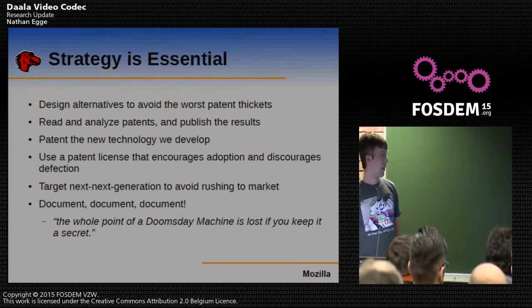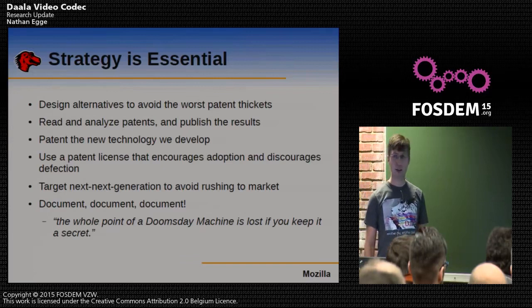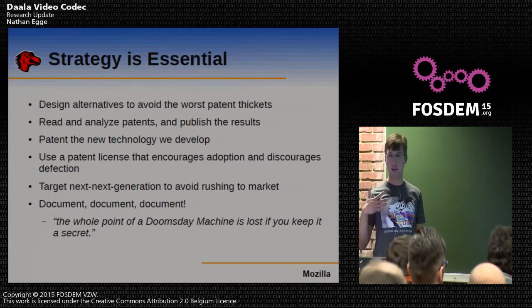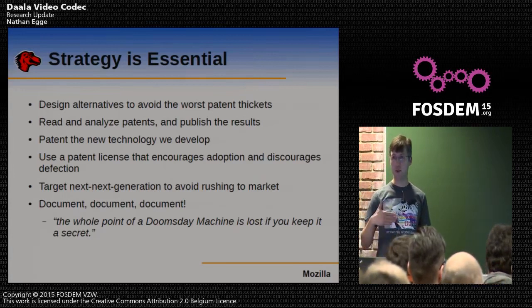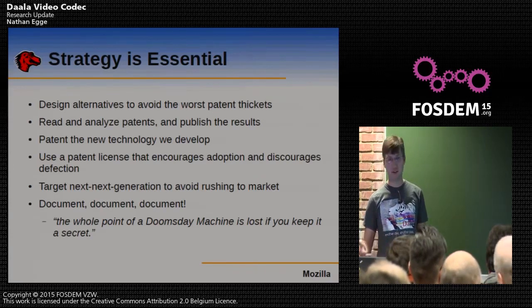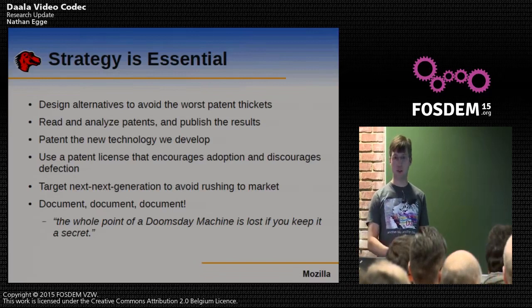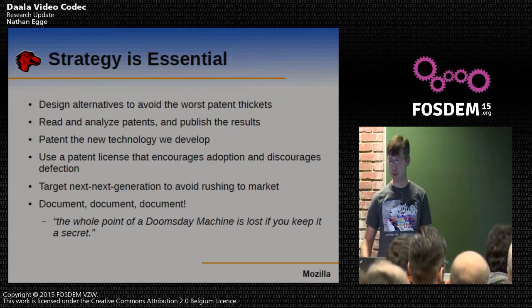And then finally, we're targeting the next generation. So we're not targeting 265, we're looking after that. The codec development cycle is a pretty long cycle, and so we believe that to be competitive, we need to take the time to develop something significantly better than 265, because they've already come to market. If we were to deploy something equal to that, they may have an advantage in the hardware space or in other spaces. So we want to be maybe 30 to 50% better than what 265 is doing.